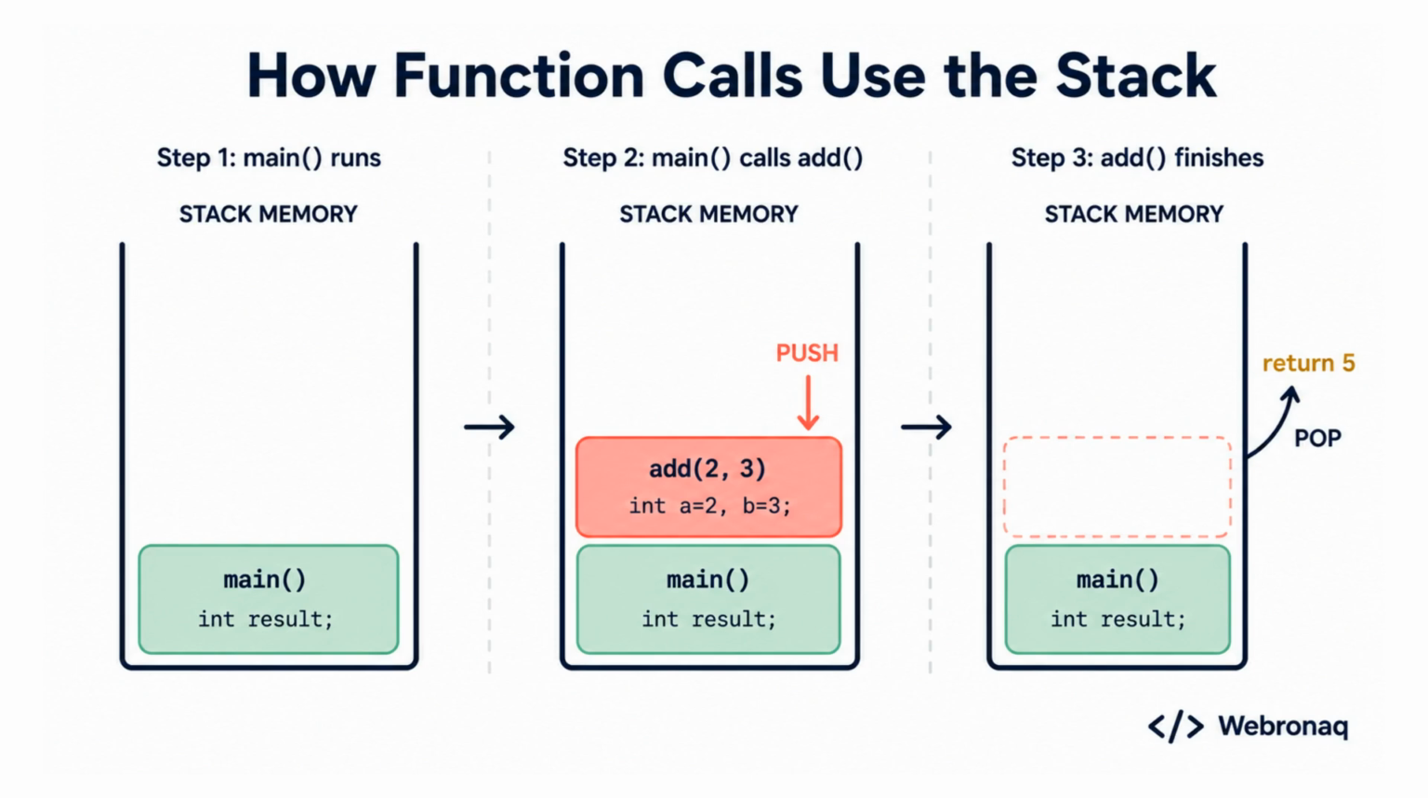It carries its own parameters, its own local variables, and its own return address pointing back into main. While add is running, it sits at the top of the stack, and that's the only frame the CPU is actively working with. Step 3. Once add finishes its work and returns the value 5, its entire stack frame gets popped off, instantly gone. The CPU reads that return address we talked about, jumps right back to where main left off, and main continues